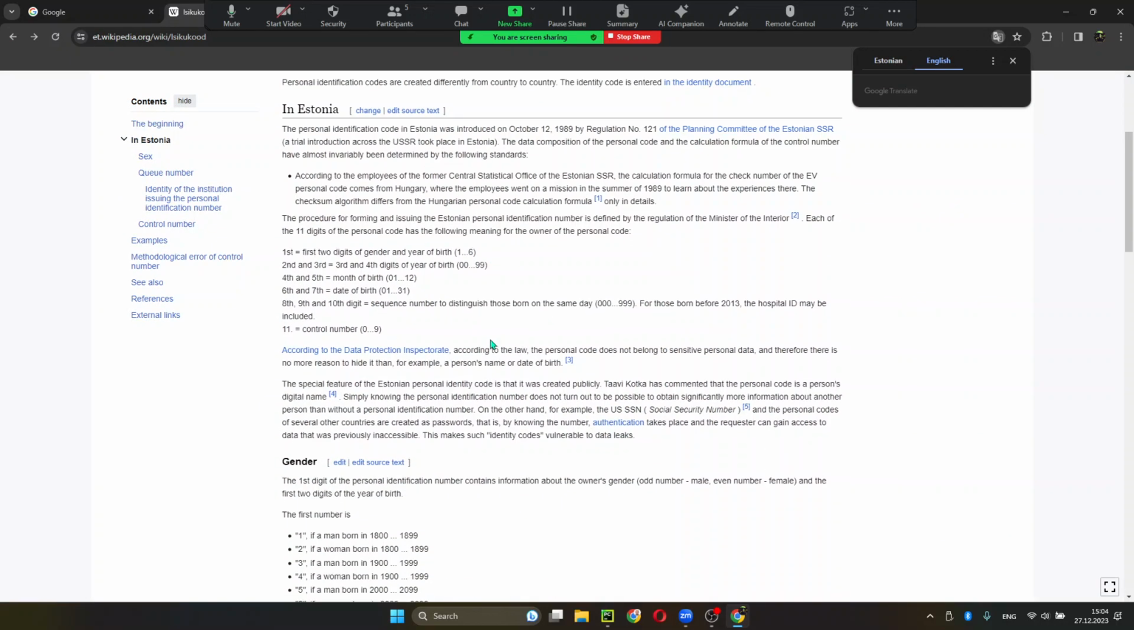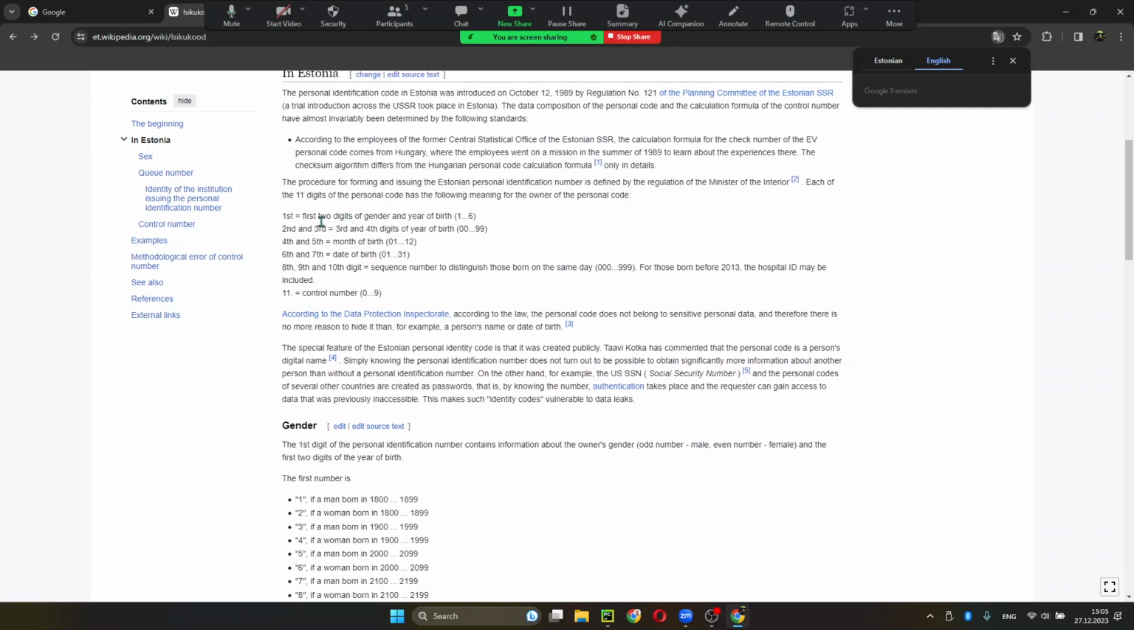So what we will be doing today, in the end of the lesson, we will be starting to write a program that will check Estonian national ID. Estonian national ID is 11 digits long, all numbers, and there is some information hidden inside these numbers. For example,